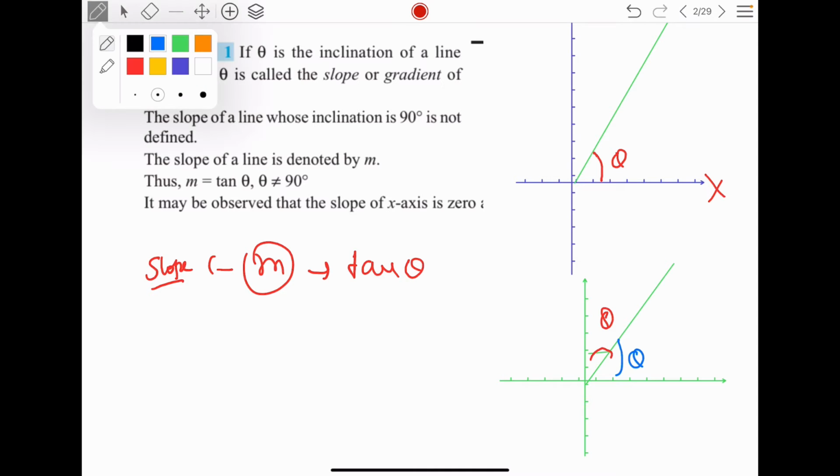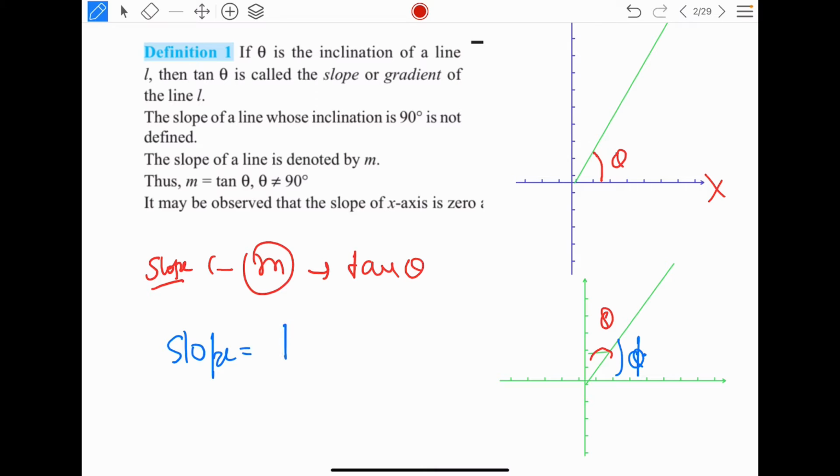Let's name it something else. Let's call it phi, because we have called the first one theta, so let this be phi. The slope in this case will be tan phi, because the angle which we will be taking for reference to the slope will only be the angle with the positive x-axis, none other angle. Now how do you find phi? You can see this total angle, this is a 90-degree angle between two axes.